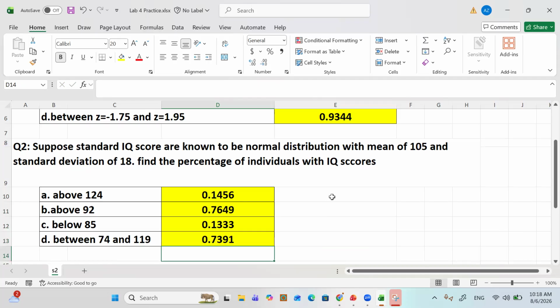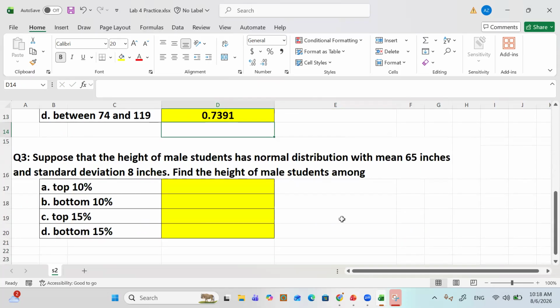Any question about question 2? Let's look at question 3. This one says suppose the height of male students has a normal distribution with a mean of 65 inches, standard deviation of 8 inches. Find the height of male students among the top 10%,